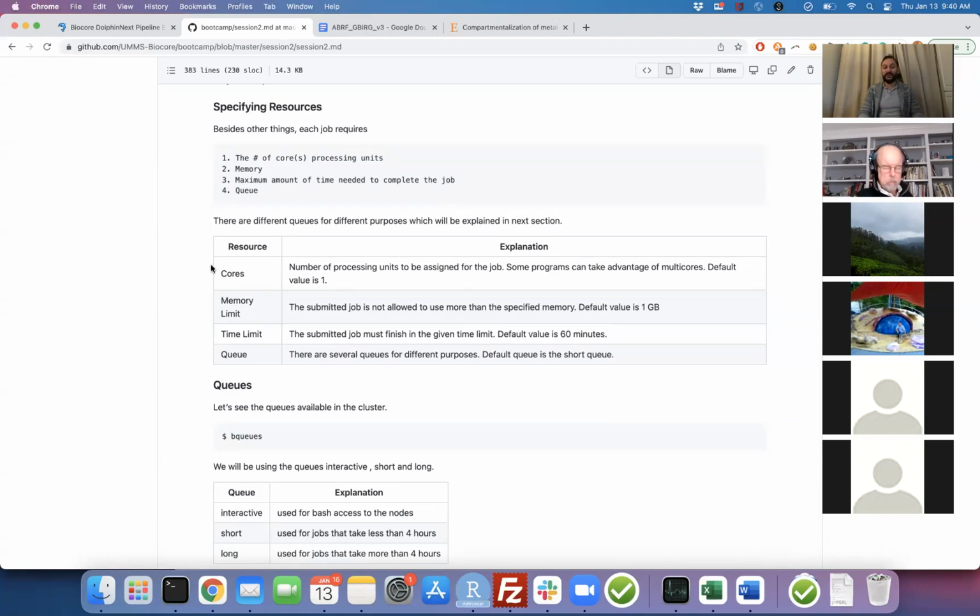So how many nodes you ask or how many cores you ask is important here. Please try to use fewer cores than the number you ask, or the exact amount. If you ask for 1 core, please use 1 core. If you ask for 4, please use 4 or fewer. And for the memory, it's the same. Especially this is so dangerous because